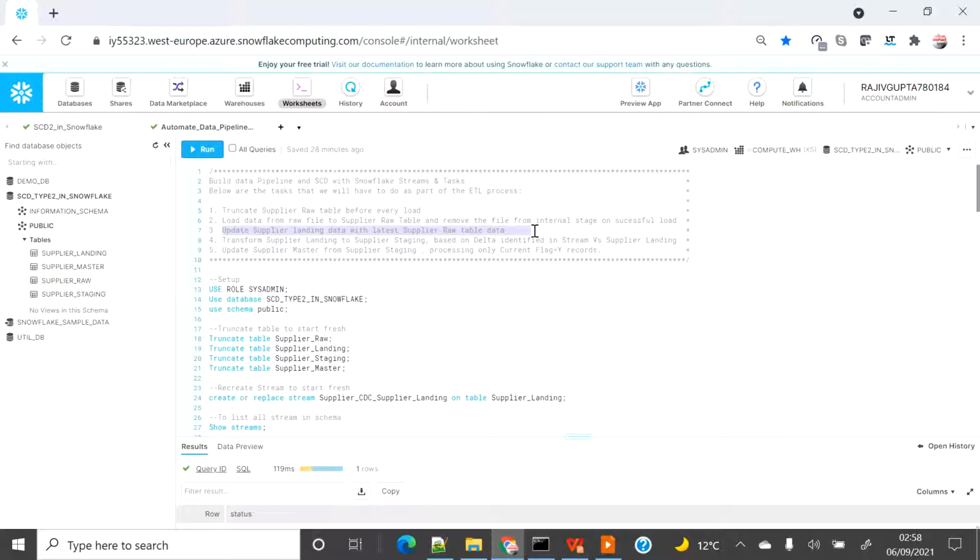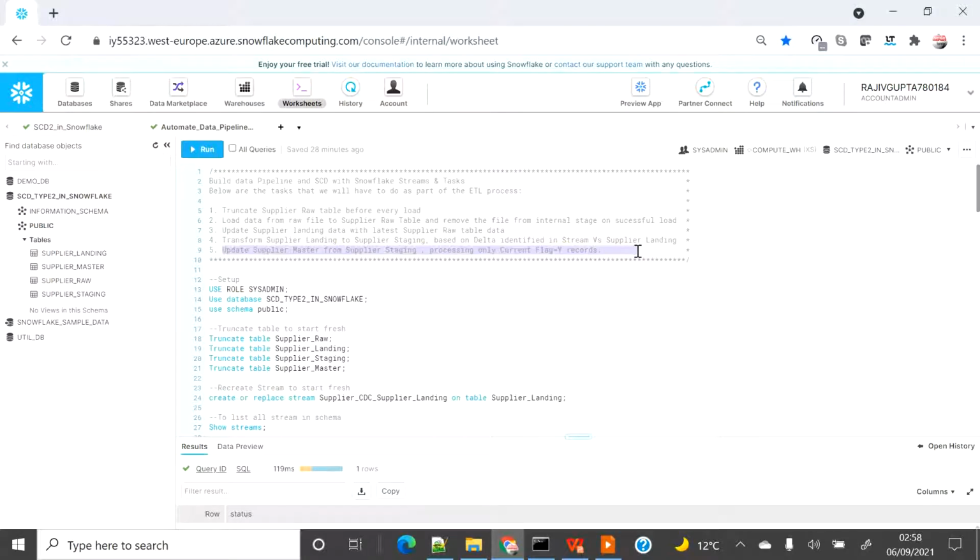The business logic was written in that merge statement. Step 4 was another merge statement, with the logic to read the stream data and compare it with the landing table, and whatever the delta is, create the SCD type 2 historical data. And step 5 was to push the latest data, or override the updated data, into the master from the supplier staging, based on the current flag equal to Y.